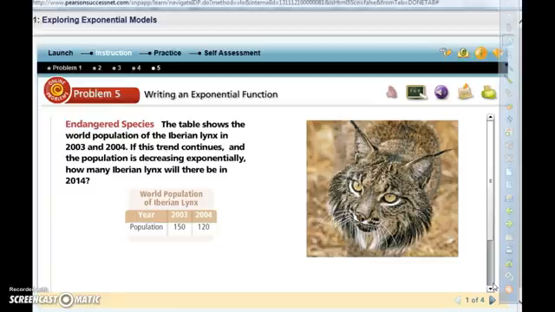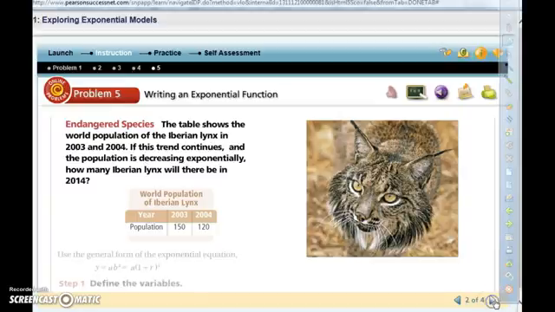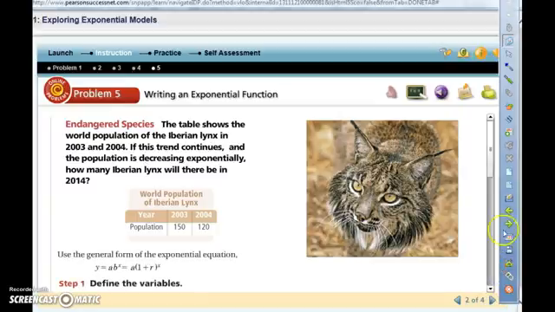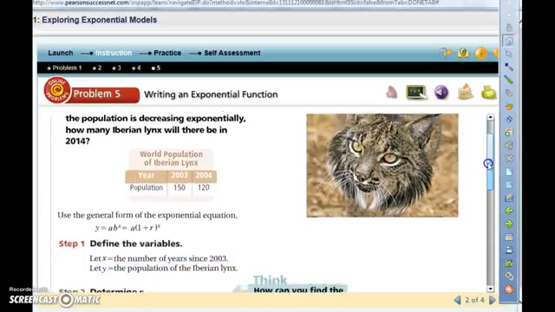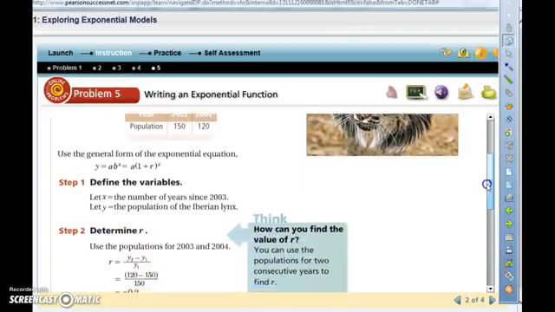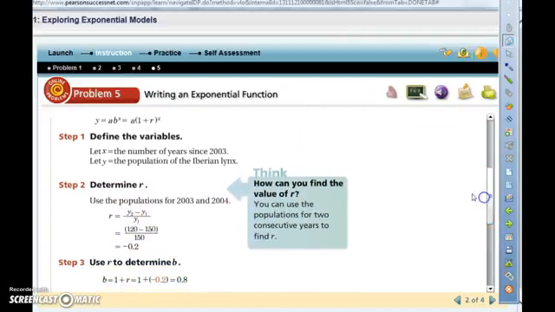Are we multiplying by 2, by 3, or are we multiplying by a fraction 1/2 or 1/3? And since it says that it's decreasing, we should be multiplying by a fraction. So we have to determine r. So to do that, we're going to subtract out of the, and then